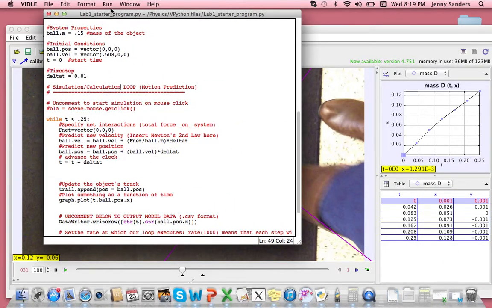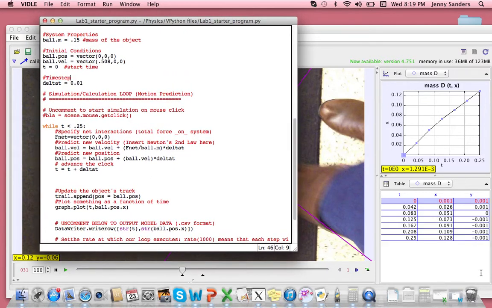For my model, there are some things I need to know. I plugged in the mass of the apple, which was 0.15 kilograms. The initial position was from the first frame, which was at the origin, right here. So I put 0 as the position. For the velocity,